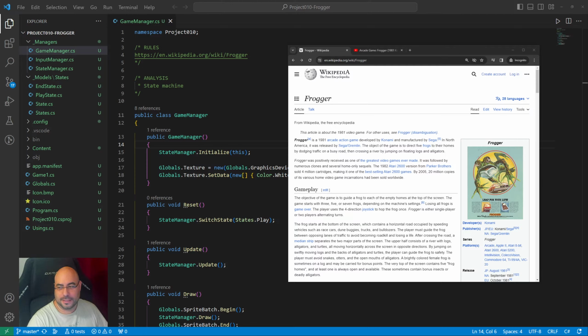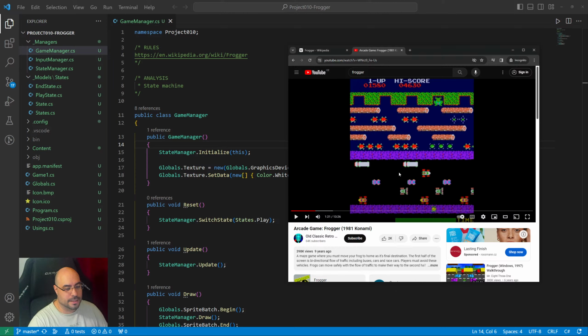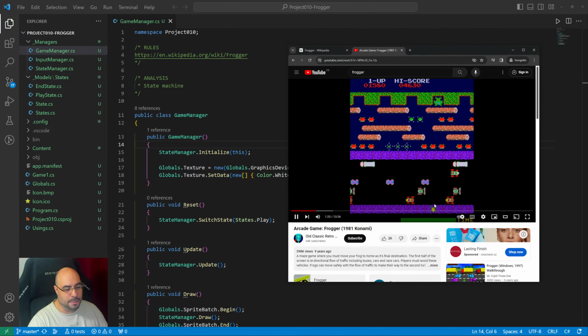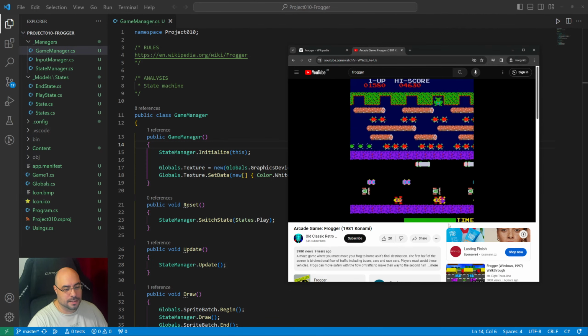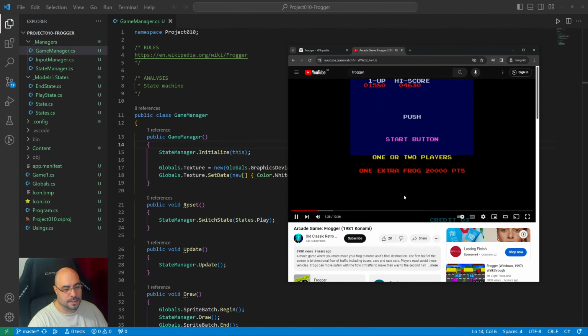In today's challenge stream, I would like to remake an old-time classic called Frogger, where you play as a frog trying to get across the street, across the river, on the other side of the screen. It's a game from 1982, really old, and there's a short YouTube video showing how it plays. There's the main protagonist, a frog,